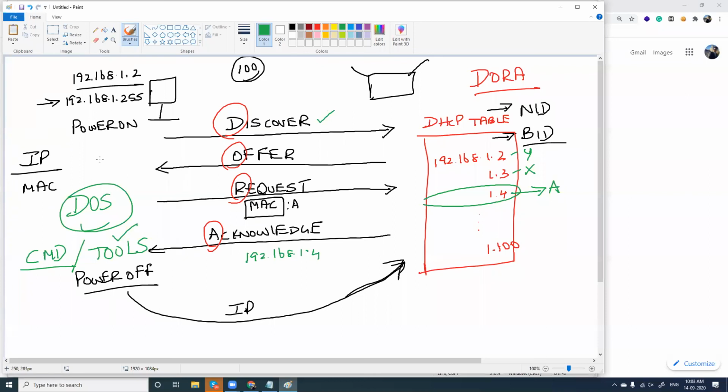What will happen as a result of this particular attack? In case there are 100 computers in your LAN, and you want to kick all 100 computers out of the internet, and you should be the only person to use the internet, yes, you can perform an internal DOS attack so that internet will be available only for your computer, and other computers will not have internet. Right? For understanding this DOS attack, the DORA process is probably the base, and you have to understand this.